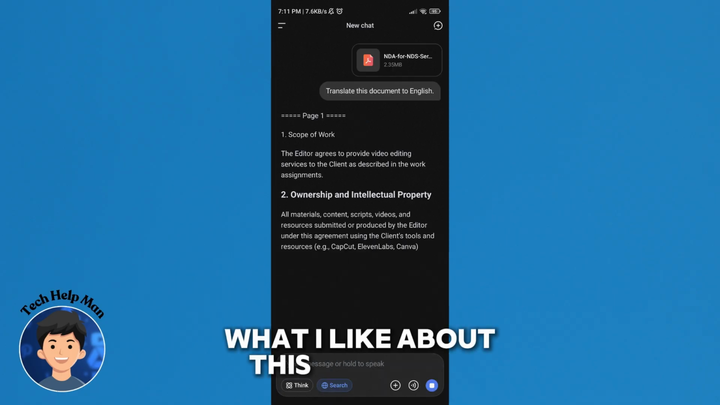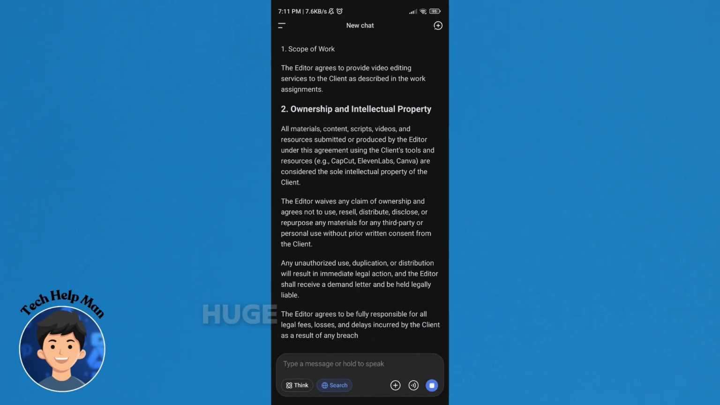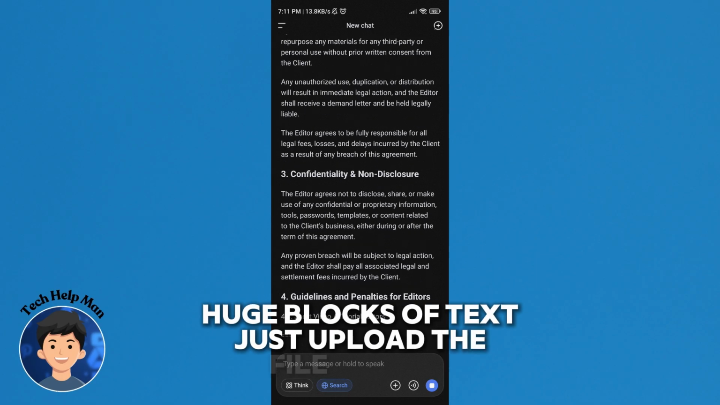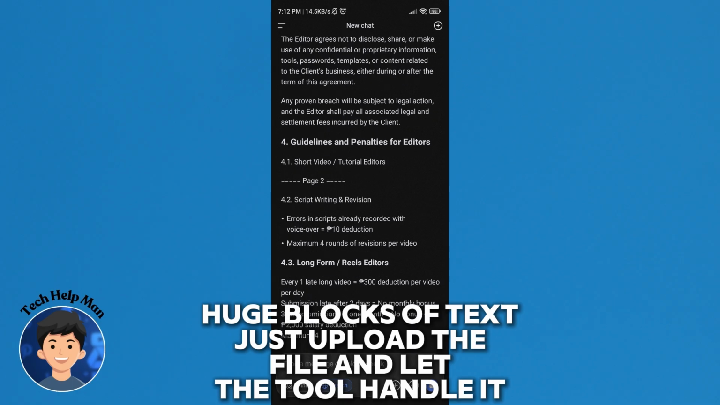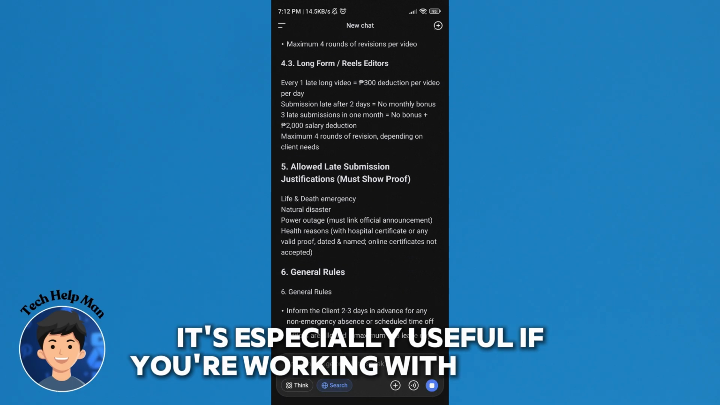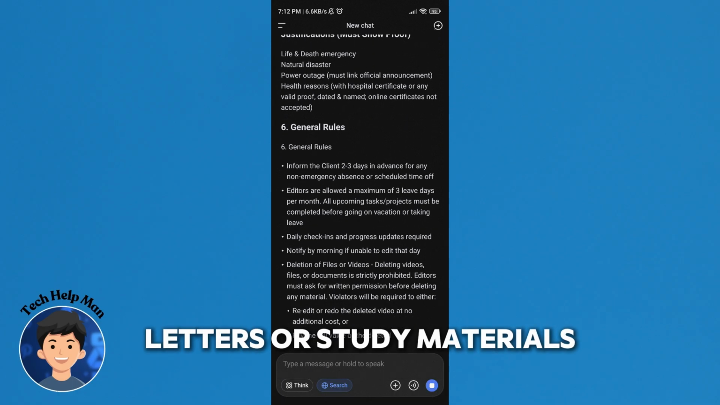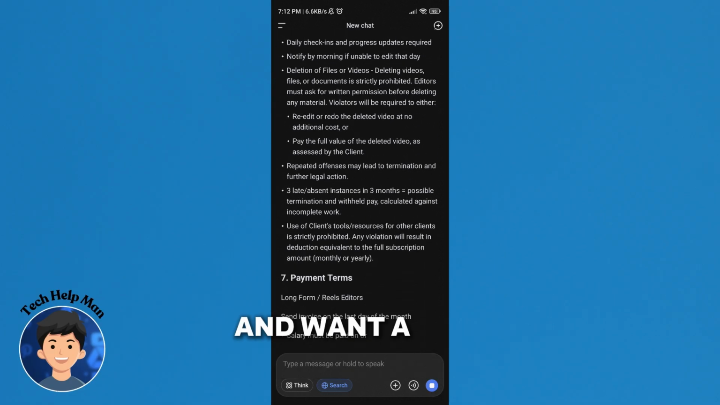What I like about this approach is that you don't have to copy and paste huge blocks of text, just upload the file and let the tool handle it. It's especially useful if you're working with reports, letters, or study materials in another language and want a fast translation